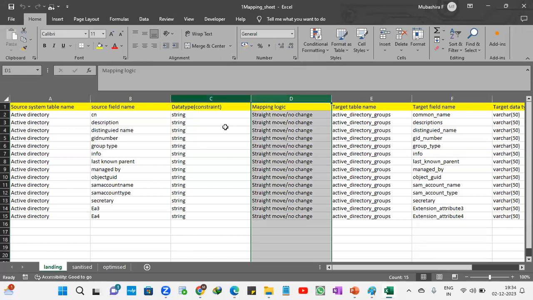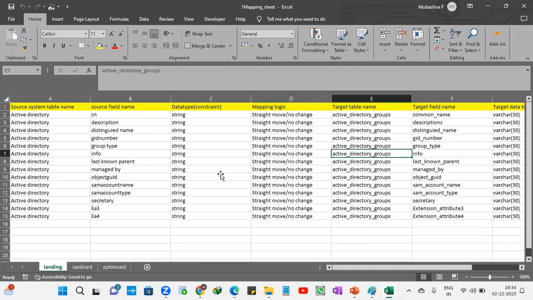If you already have basic knowledge, you might know what a mapping sheet is. If not, we are anyway going to cover what a mapping sheet is, what things will be available, and what exactly an ETL tester needs to consider, the important points in the mapping sheet. Everything will come back. I'm just showing it for your question.